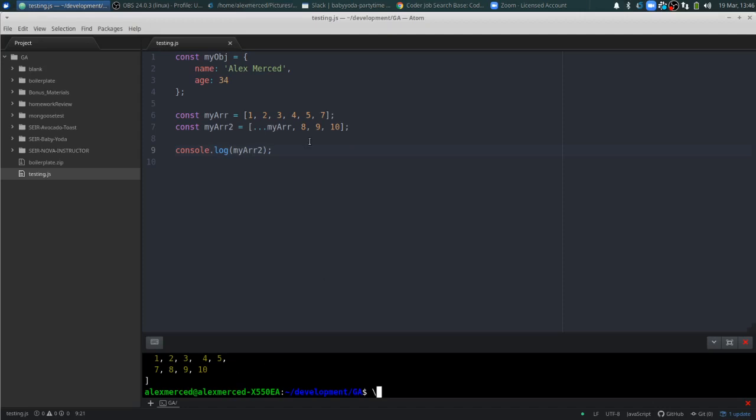But it doesn't just work with arrays, it also works with objects. So let's say I wanted to create a new object. Okay, and so I'm just going to create the new object inside the console log. I want to say this object includes my object, and then another property called email, alex@alexmerced.dev. So now if I console log this object,